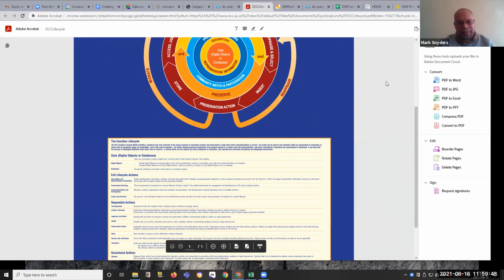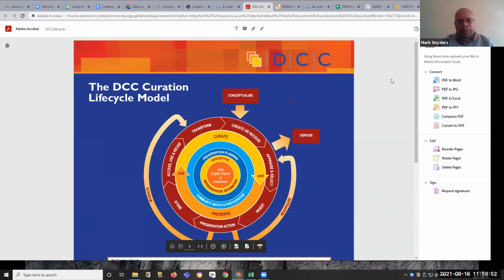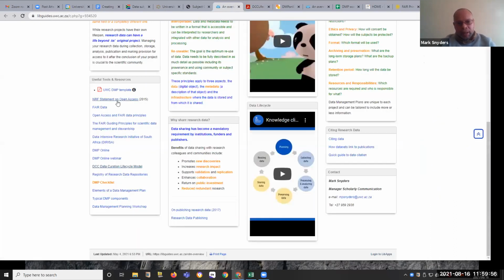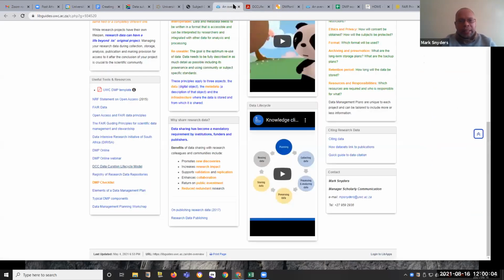You're welcome to have a look at the details, but this is a poster that is available. It's been put out by the Digital Curation Centre. My apologies, as I had mentioned earlier, Sarah's lifecycle model was actually easier to understand.